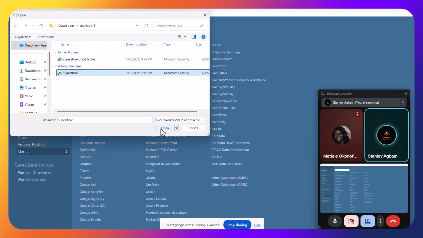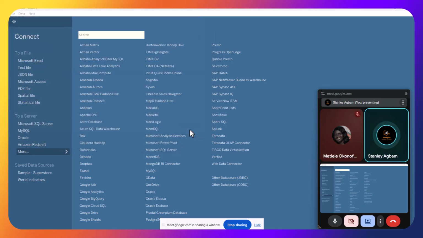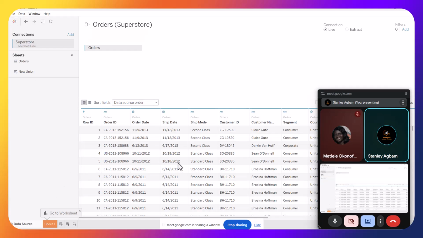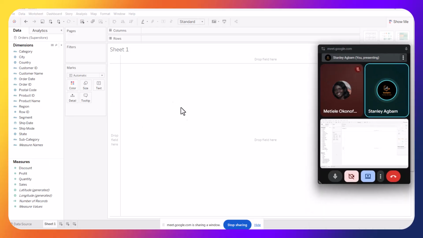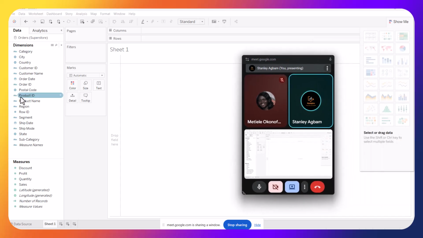Then we open this, which I've already done. So when you open it, you'll be presented with this basically. Then click on go to worksheets. Then you're presented with this, and there are different types of blocks in this Tableau section. This is the dimension pane. It contains the data, let's say data sets that